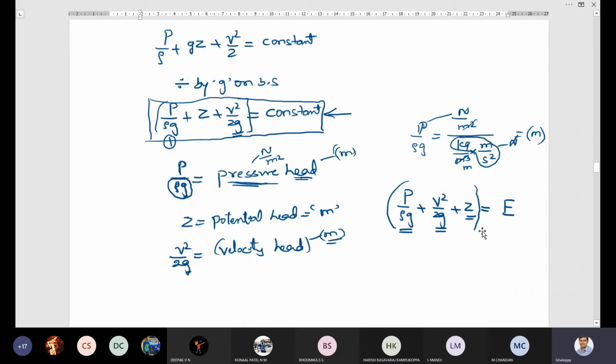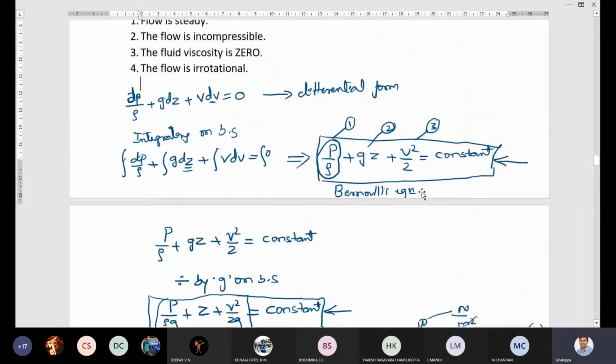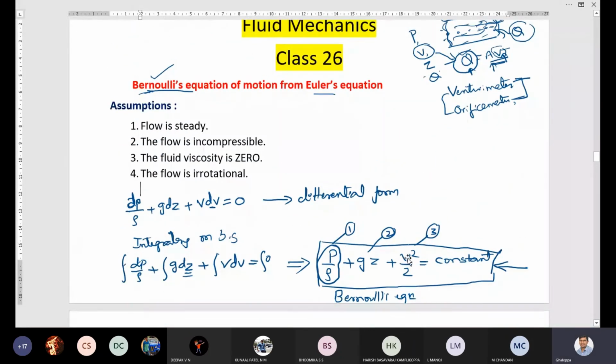So there are three different ways they ask about Bernoulli's equation. Derive an expression for Euler's equation and reduce it to Bernoulli's equation. That is one question they have asked. Up to here you have to derive. Then you integrate on both sides, you will get Bernoulli's equation. And second type of university question: write assumptions made in deriving Bernoulli's equation. Same, derive Bernoulli's equation, don't start from here only. You have to derive Euler's equation, then you integrate, you will get Bernoulli's equation.